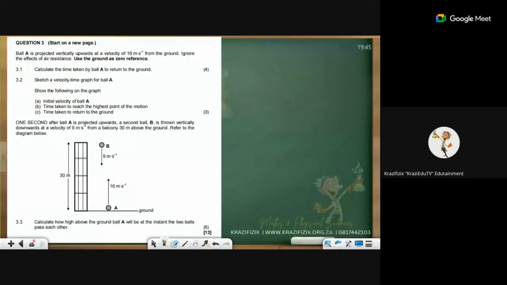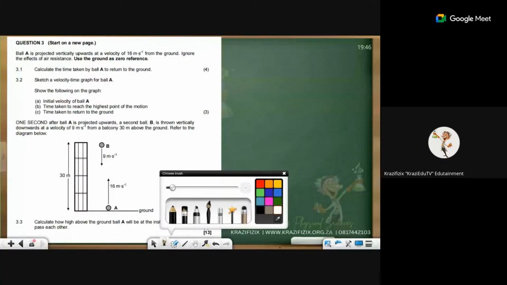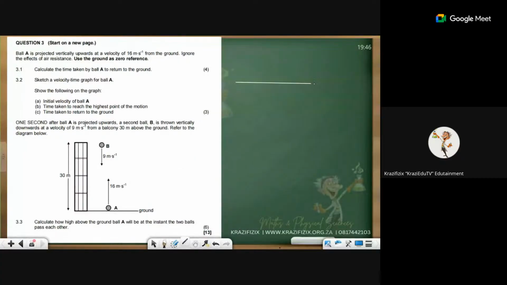Ball A is projected vertically upward at a velocity of 16 meters per second from the ground. Ignore the effect of air resistance. Use the ground as 0. Calculate the time taken for the ball to return to the ground. You know what I would do? I would say the ball went up